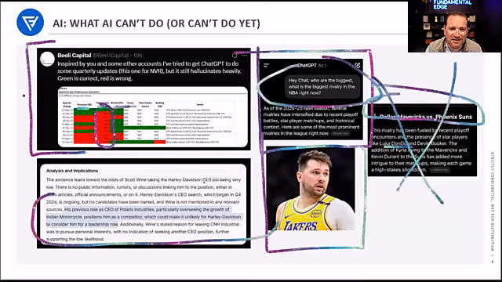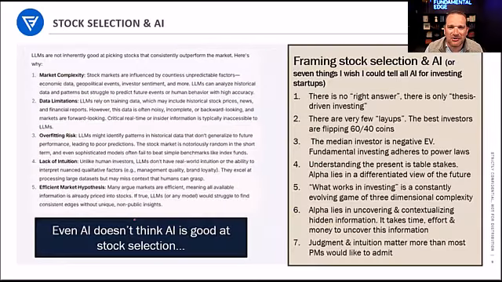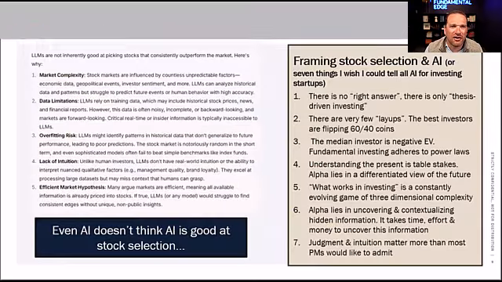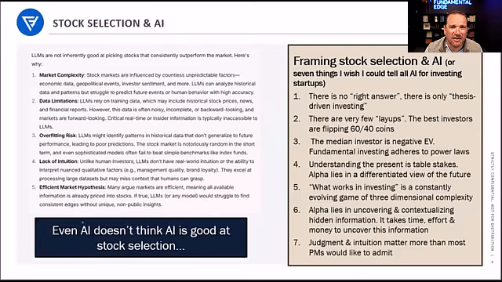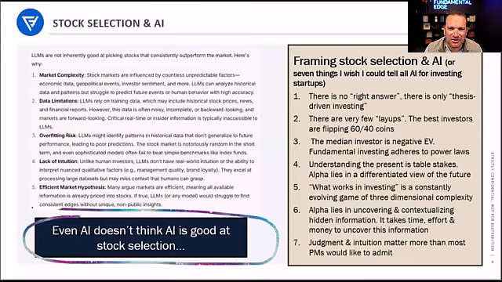In the Harley Davidson exercise, it indicated that a former CEO of a competitor wouldn't be an interesting new CEO for Harley Davidson, given he was a former competitor. Which, if you've studied turnarounds, it's obviously logically the opposite. The opposite is true. And so asking Grok itself, can LLMs be a good stock picker? I think even AI doesn't think AI is good at stock selection.